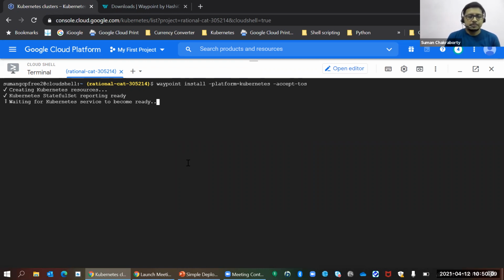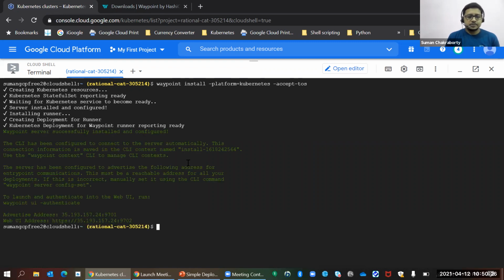So hopefully it should be over by now. It just waits for the load balancer IP to be configured so that it can be used. Yeah, so it is now done. As we can see, what it has done is create a public routable URL, which is this, that is listening on port